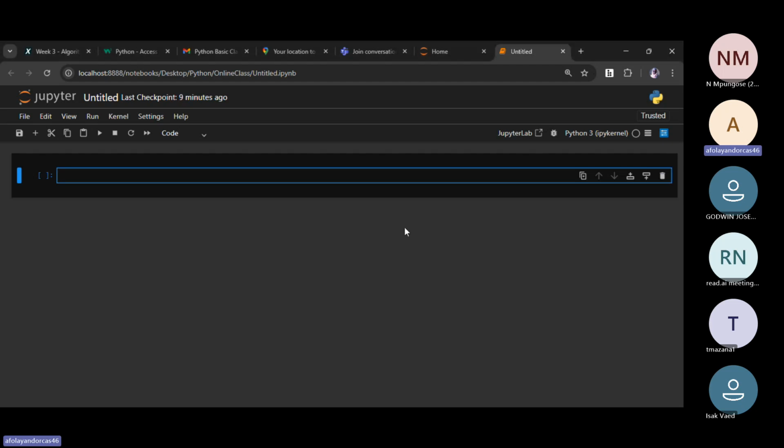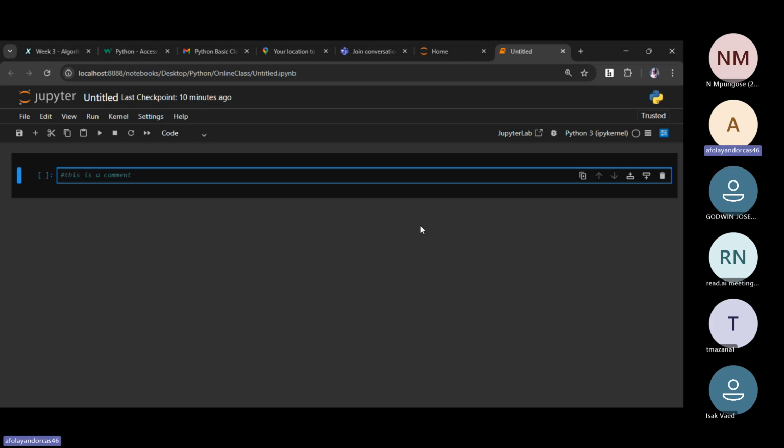We said comments are actually a line of text that we don't want the computer to run, but just to explain our code and make it readable. Like if I say this is a comment, the computer is not going to run it, it's not going to do anything. This is just for me and any other programmer that wants to read my code.